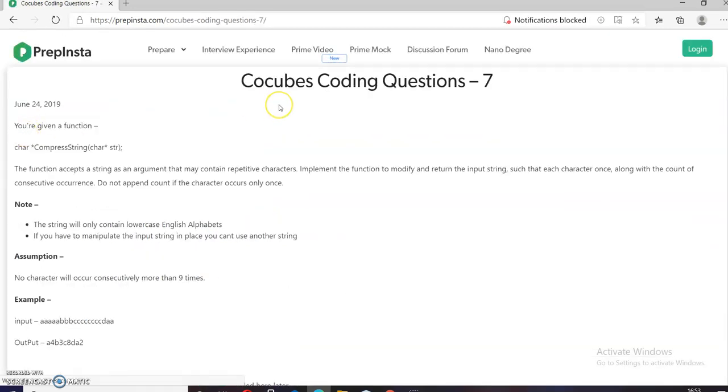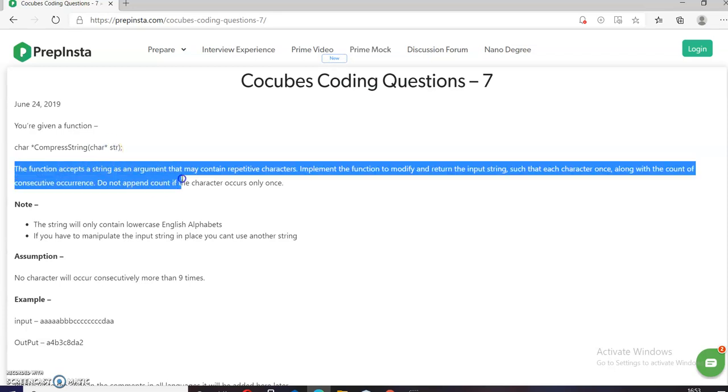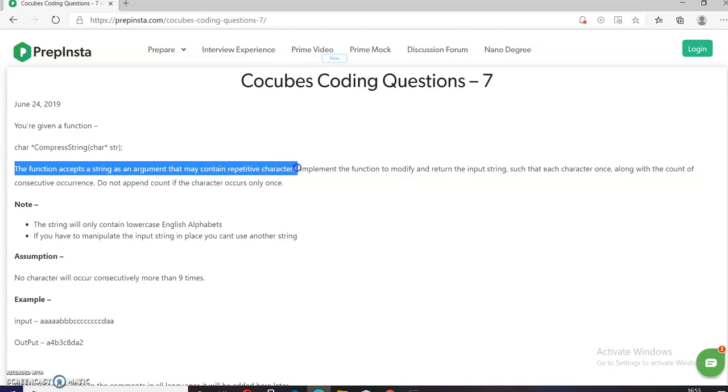So here you can see that we have been provided with the question. We are given a function named compress string, which can take a string as an argument. The function accepts a string as an argument that may contain repetitive characters.